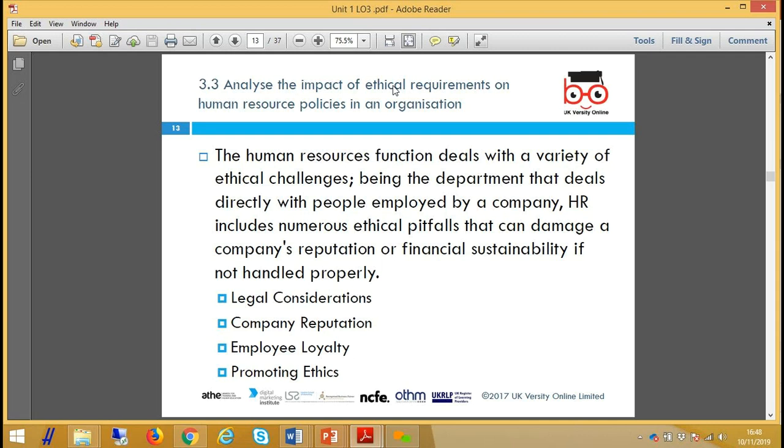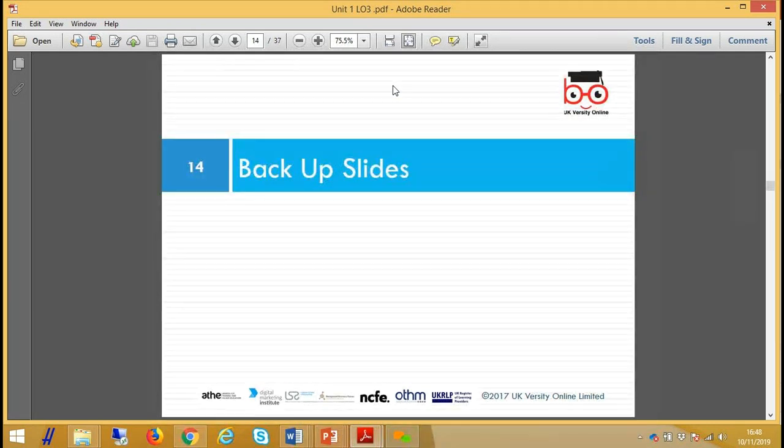Employee loyalty is also at stake. High levels of employee loyalty, employee commitment, and employee engagement are at stake, because where you have good policies and you implement them well and fairly, then you are likely to have loyal and highly committed and productive employees. Where you either have bad policies, or you don't have policies, or you don't implement them well and consistently, then you have a problem with dropping employee loyalty and commitment and engagement, right? And then you can be seen as an ethical company, who does the right thing and promotes ethics through your policies. So these are some ethical implications you need to think about as an organization.